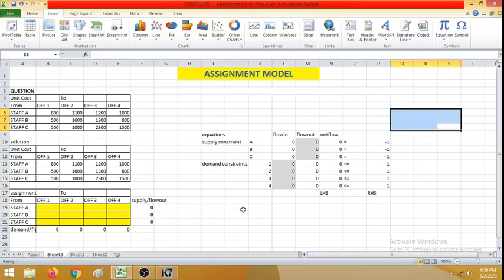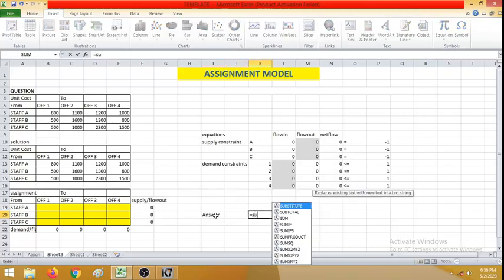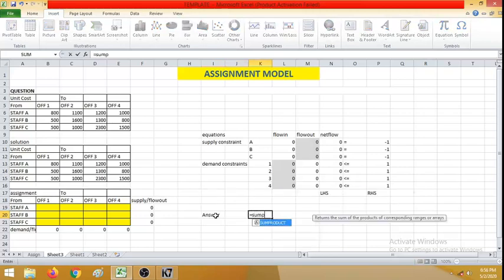Okay, fine. Now I need to define the solution matrix, solution cell. Or you can call it an answer cell, right? So for answer, I am going to use again a function called sum product, right?